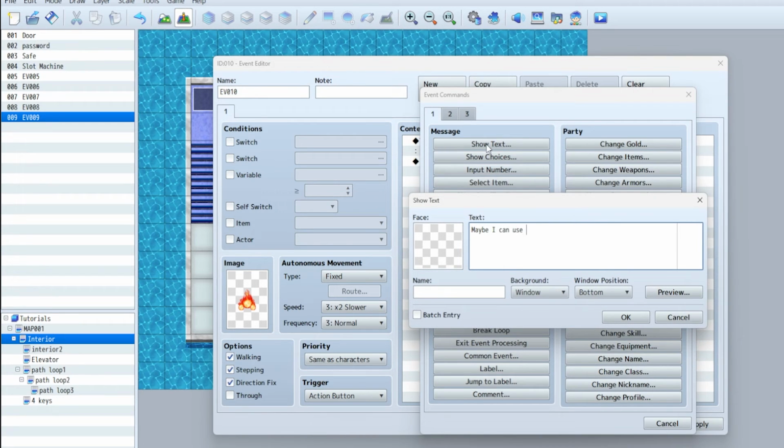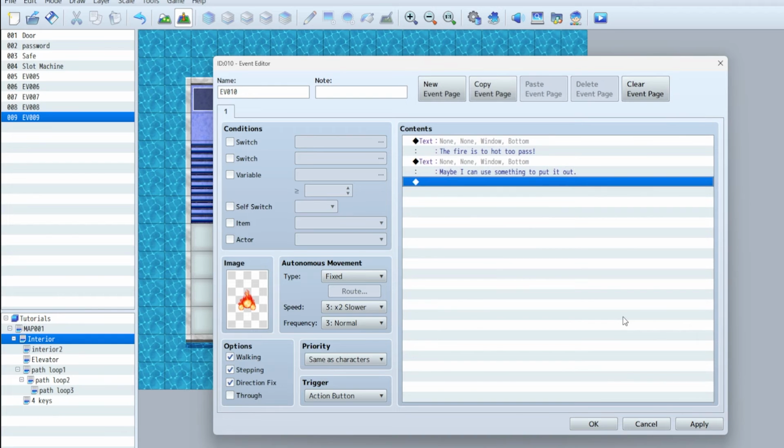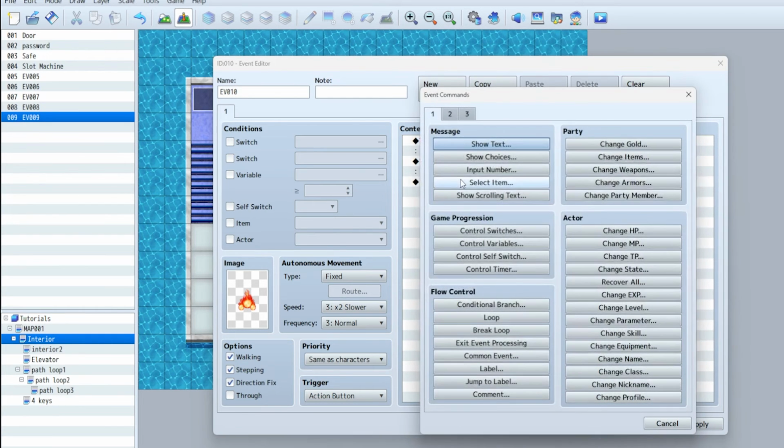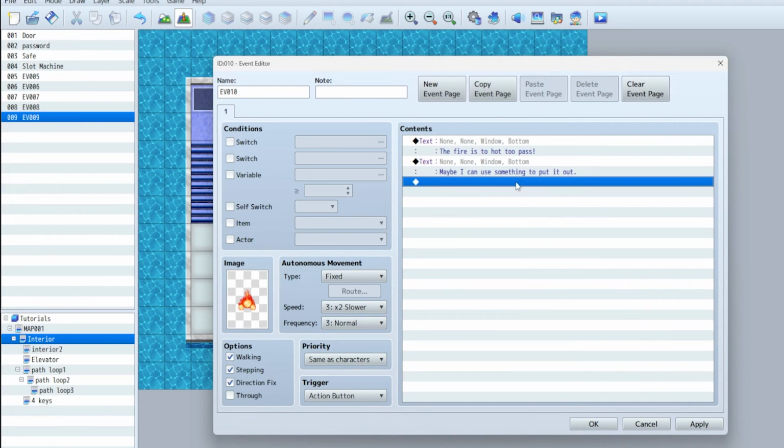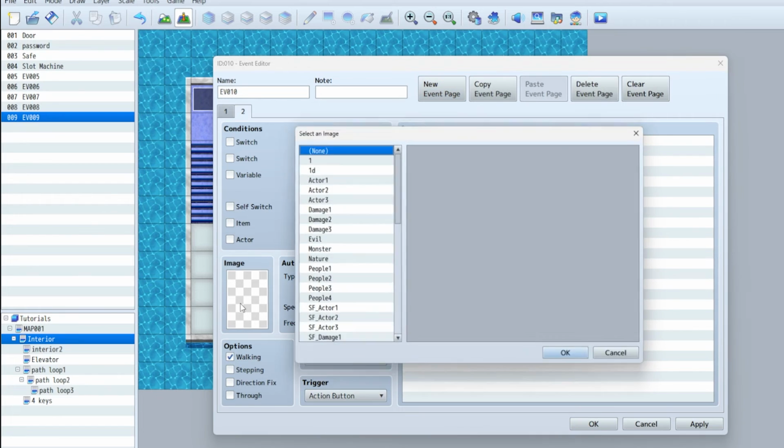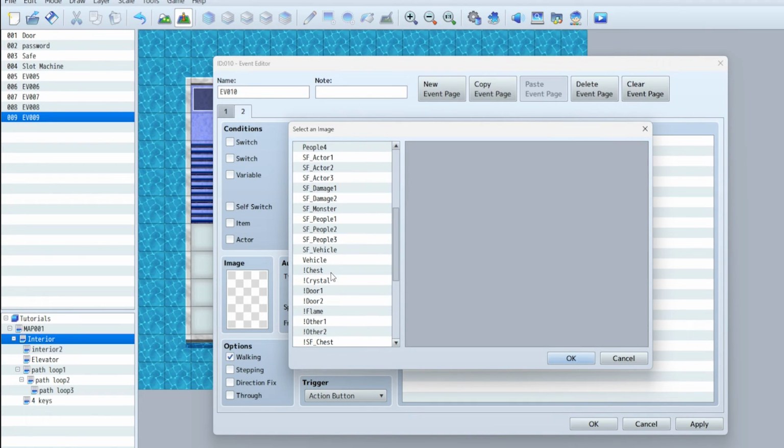Maybe I can use something to put it out. That way you're hinting to the player there is a way past this, you just have to find the right item. Player communication is very important. So that will happen every time the player examines the fire, but let's do a new event page, select the fire again,